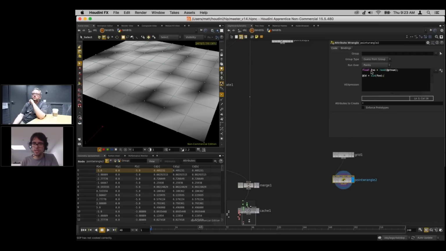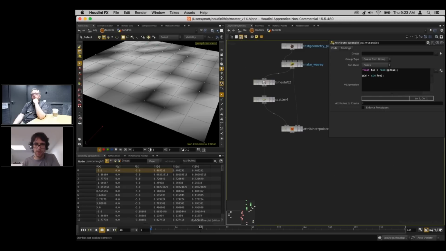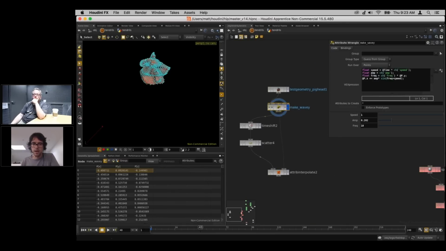So this syntax is handy if you have intermediate things that you don't really need to be carrying with you all the way down through the setup. Like in this example here, I've got values for the speed, the amplitude, and the frequency, but I don't need those to be carrying through the setup at all. I mean, there's nothing to stop me doing it, so I could very well just have at speed equals that, and I change this to use at speed. But you can kind of imagine